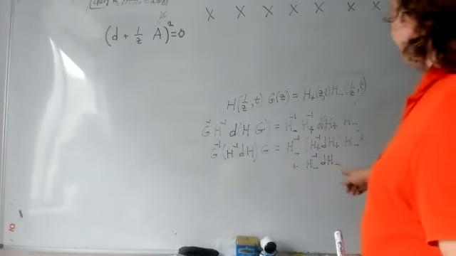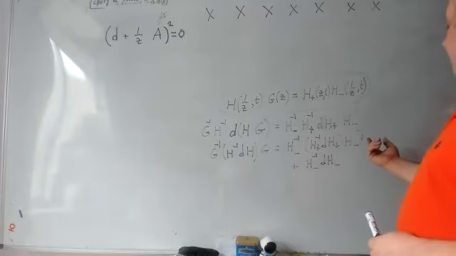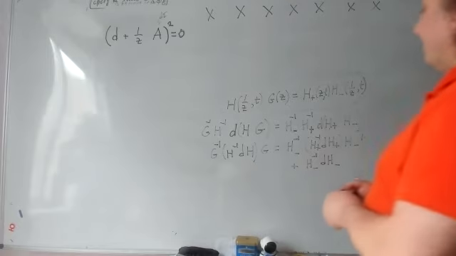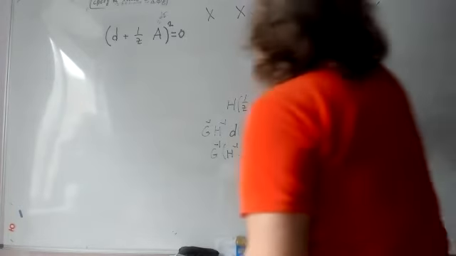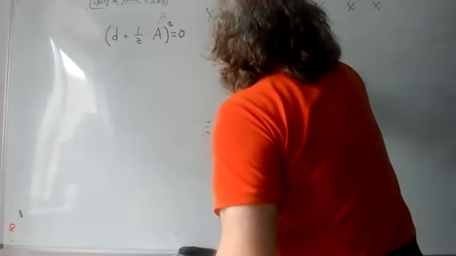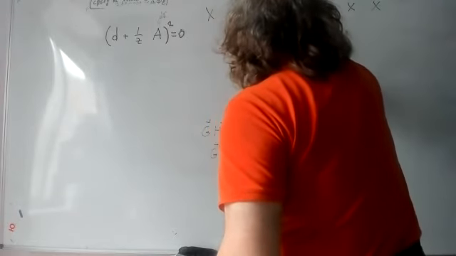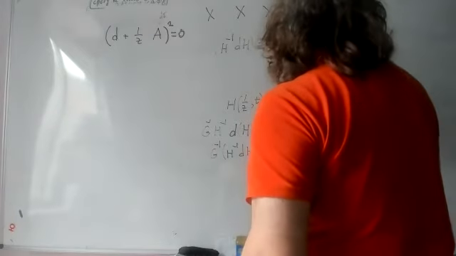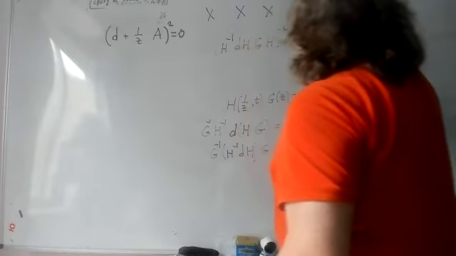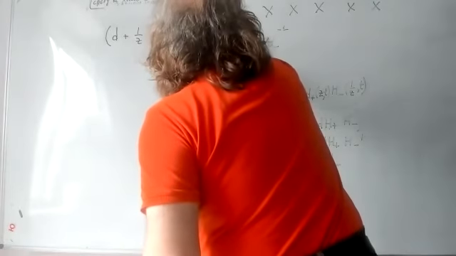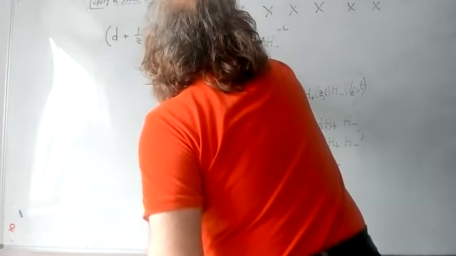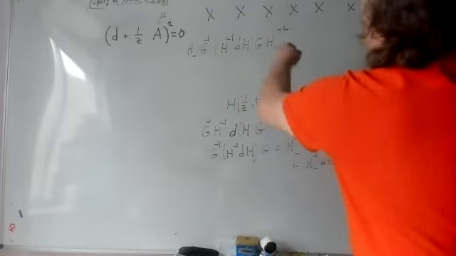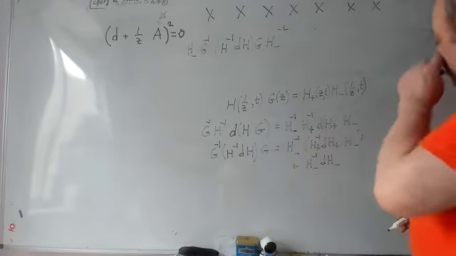So first of all, I'd like to multiply by H minus -1 from the right. So I get H minus 1 dH G H minus -1, and here I have G minus 1, and here I'd like to multiply by H minus. So I multiply by H minus the left hand side and the right hand side.